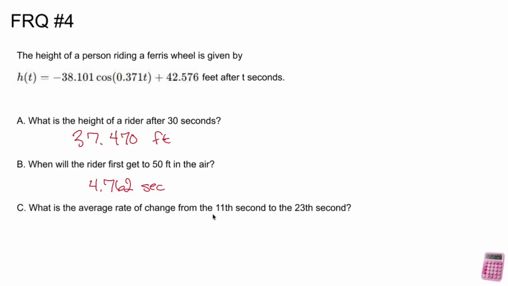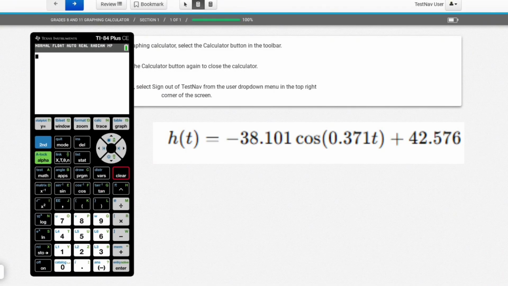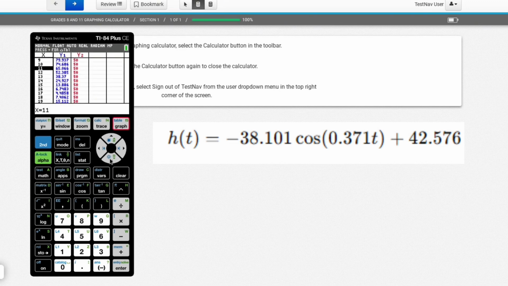What is the average rate of change from the 11th second to the 23rd second? Well, that's going to be the average rate of change formula, which is f of 23 minus f of 11 over 23 minus 11. So this is going to require us going back and forth looking at a table in our calculator, but let's go ahead and do that and see what we get. All right, this last part is going to involve me building our average rate of change formula. We first need f of 23. So you go to second, table, scroll down to 23,